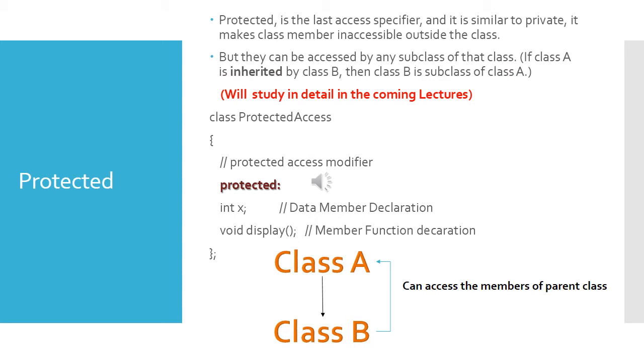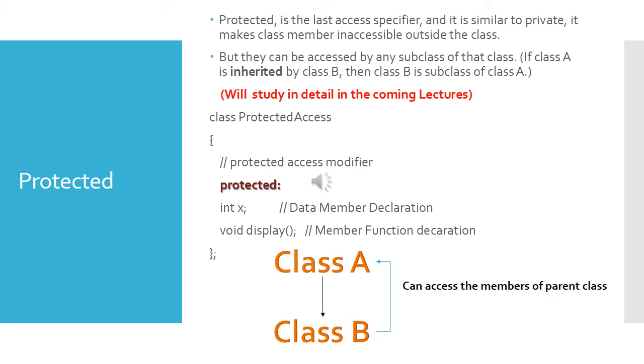Protected is used when you are using the concept called inheritance. Inheritance means accessing data and its properties in the subclass. That means you have a class which contains data and its properties. Then you create another class which is going to be dependent on the parent class. Then you can use protected as an access modifier so that it provides access to the subclass, to all the data and the properties available inside the parent class.